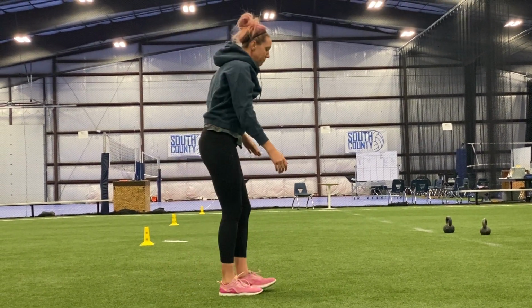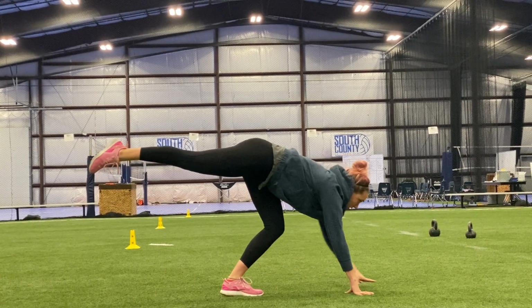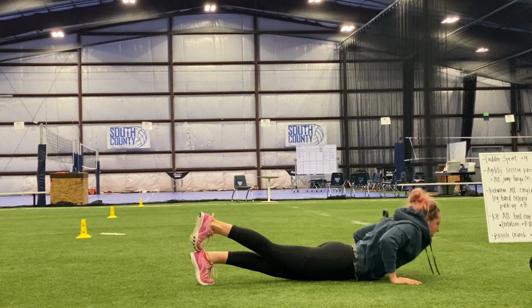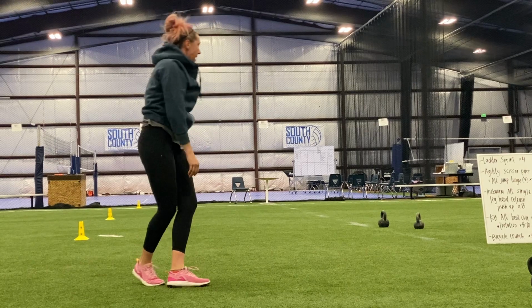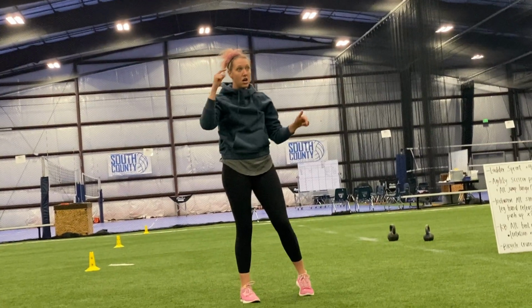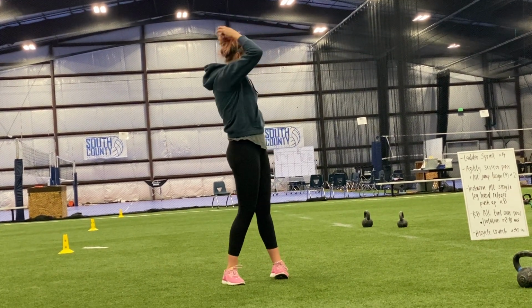So then the next one, my left leg goes down, my right leg goes back. I'm keeping that spine nice and flat and neutral. Okay, go down, release those hands, come back up, and then walk it back in. So you have 8 of those, again, alternating. So basically 4 on each side. Then you have a kettlebell,